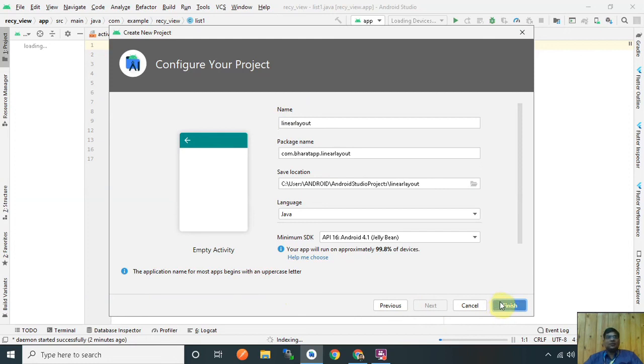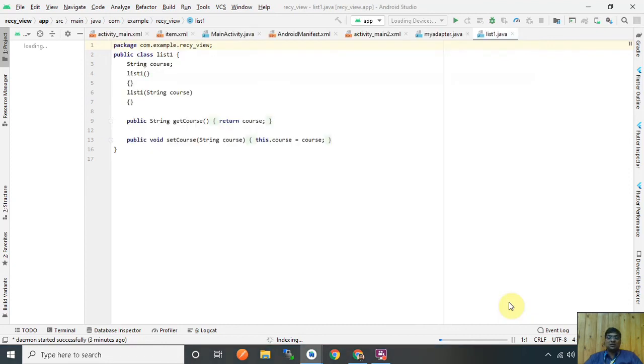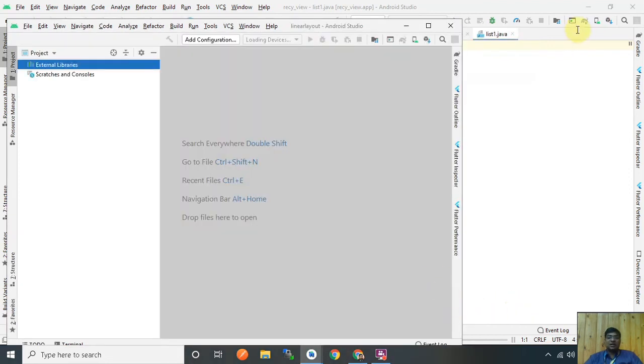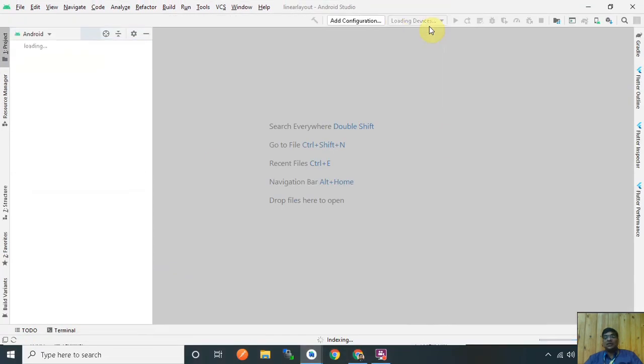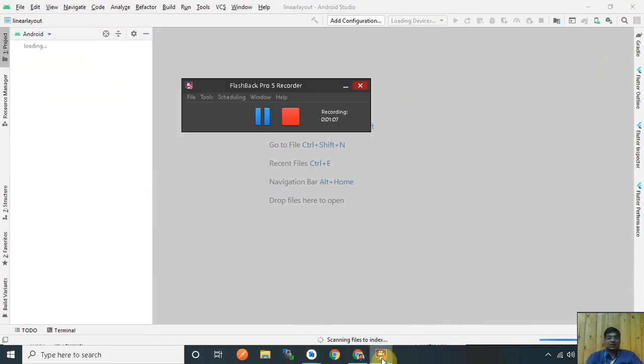Now wait for some time. The project creator builds the project and starts to create the Java file and the XML file, and this process takes time, so I wait for that.